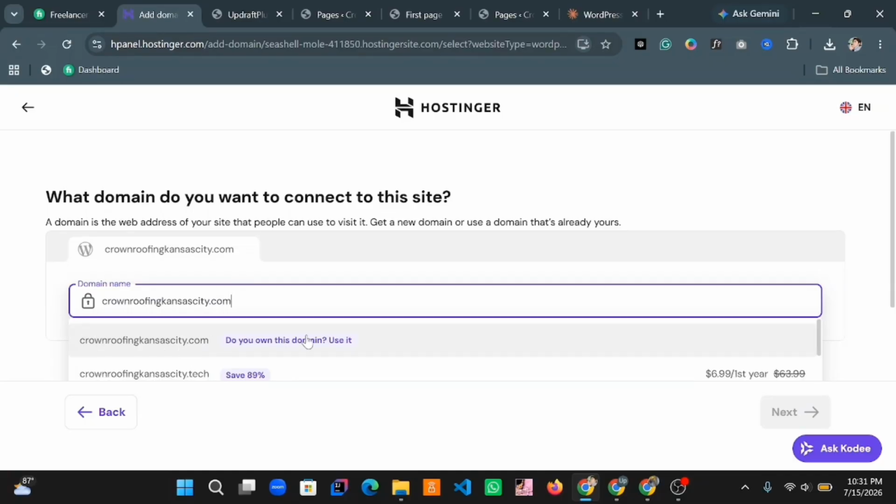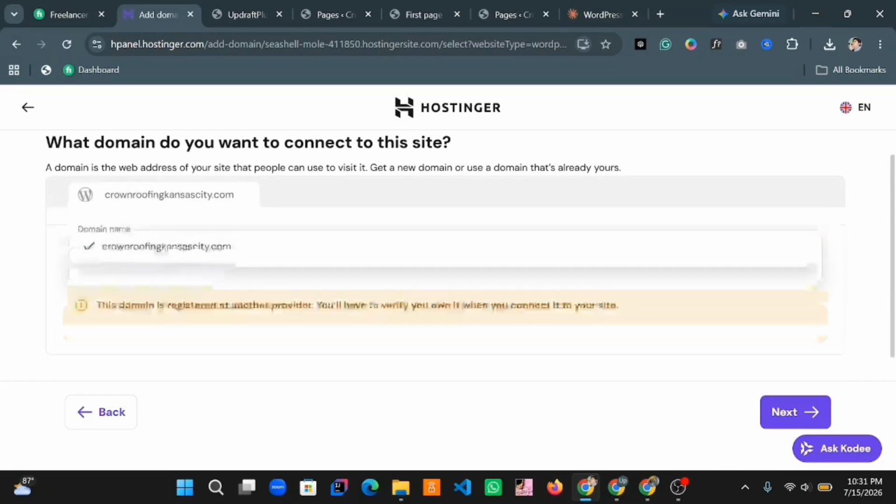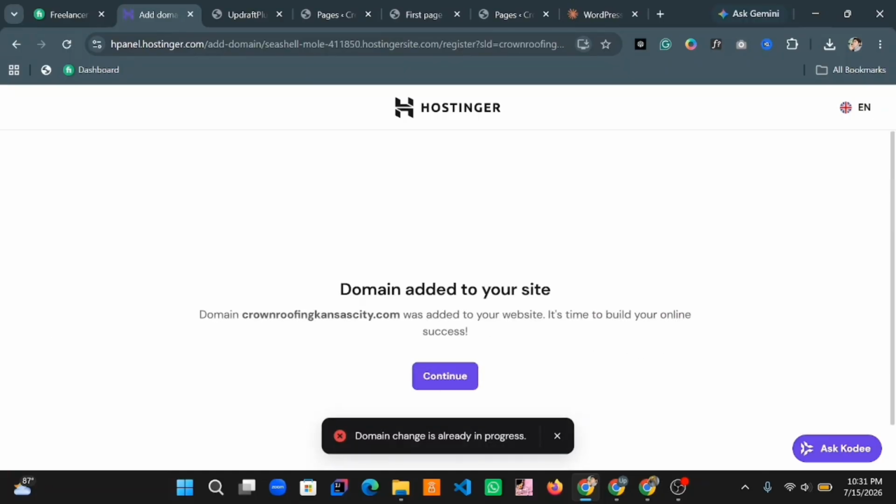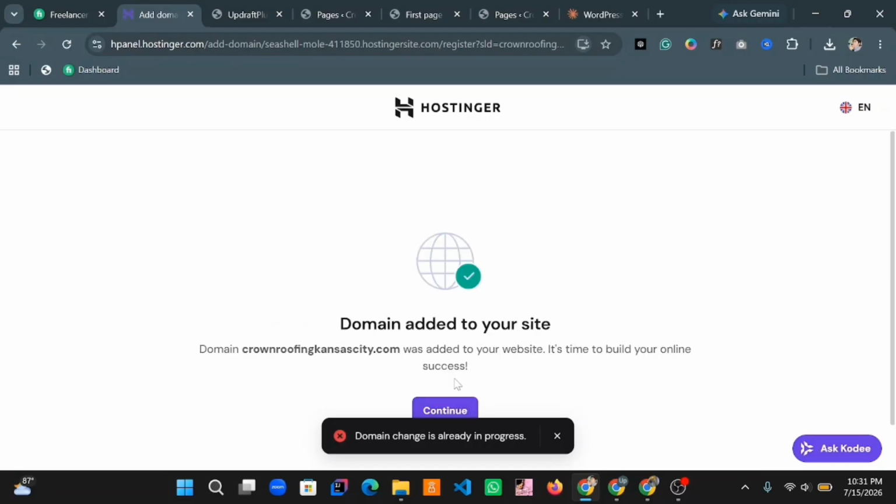So you can see here is the first one. Do you own this domain? Use it. And it also mentioned that this domain is registered on another provider. So I will click on next and then your domain will be added here, but now you will have to do a lot more steps here. Domain is added to your site. You will need to